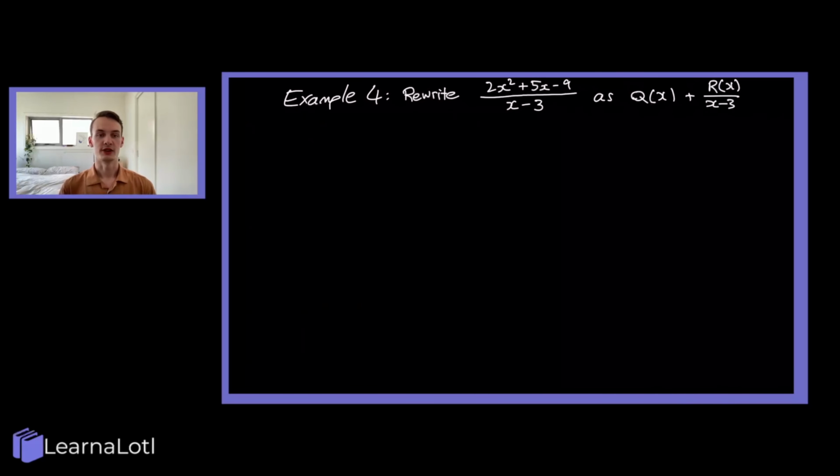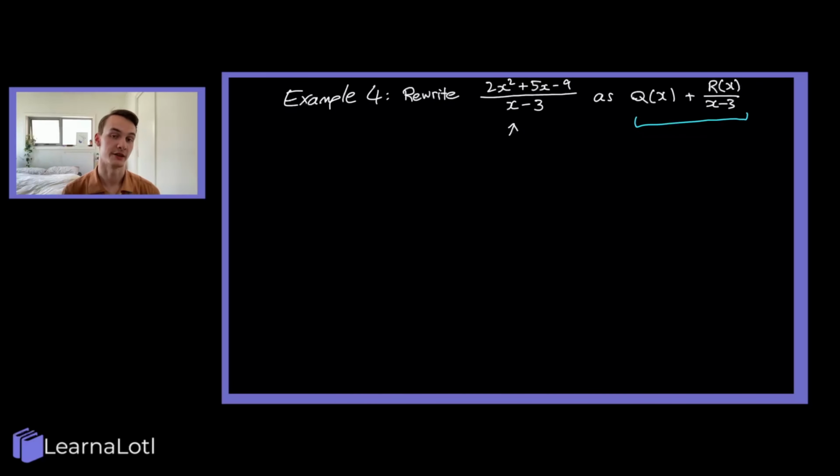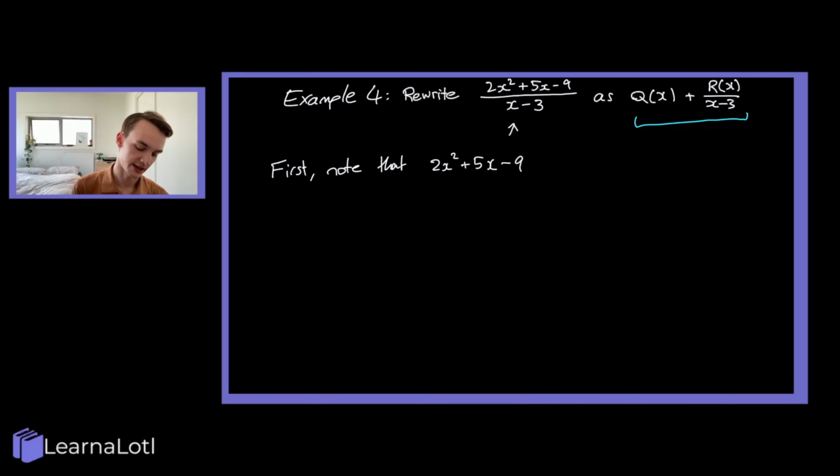Alright, let's look at some polynomial division now. So we have a polynomial divided by another polynomial, and we want to rewrite it in another form. The way we're going to do this is by playing the exact same game as before. First, I want to note that 2x squared plus 5x minus 9 can be written as x minus 3 outside of, and now I play